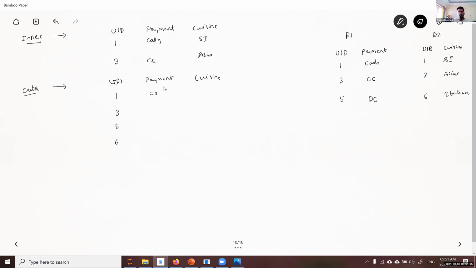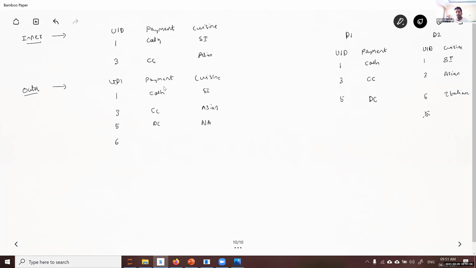So for 1 and 3, it's cash, sorry, credit card. This is good. Let's look at the fifth one. For the fifth one, payment is debit card. That's there. But for the fifth user ID, do you have QSIN information? You don't have it. There is no user ID 5 here. So what it will do is it will put an NA value. NA is not available. Similarly for sixth,